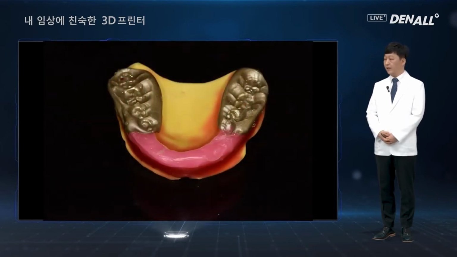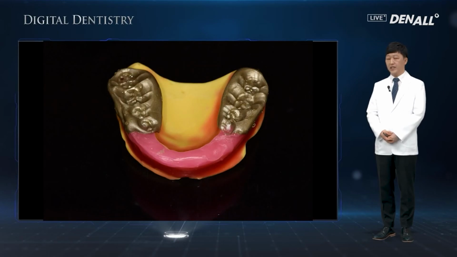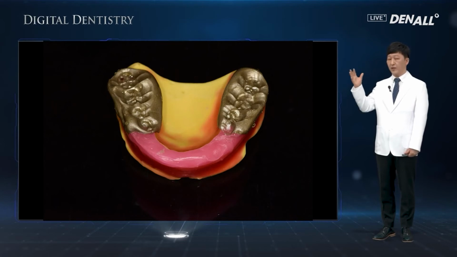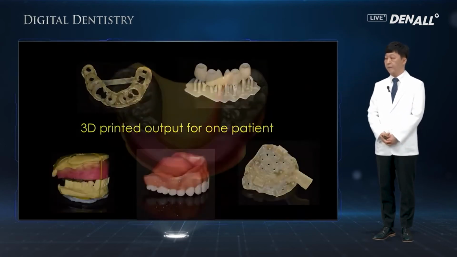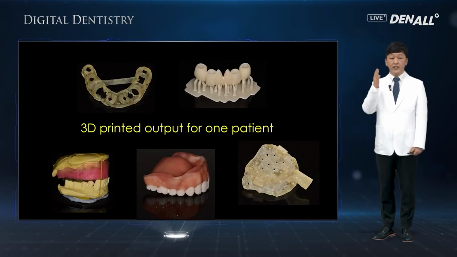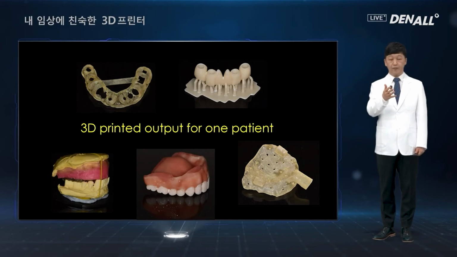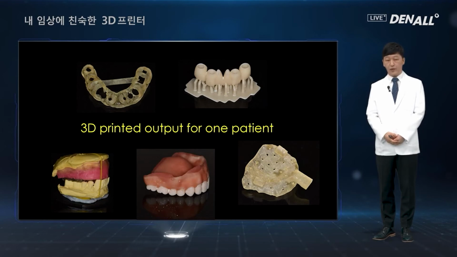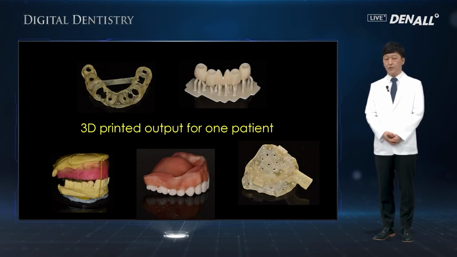In the mouth, occlusal relations are acquired. Based on that, teeth are aligned, and this is the process of completing the final denture. In this one patient, I've shown you how to use the 3D printer in various areas. You can fabricate a guide, a temporary crown, a recording base, a temporary denture, and in the final stage, an individual tray for final impression taking. For the final denture,